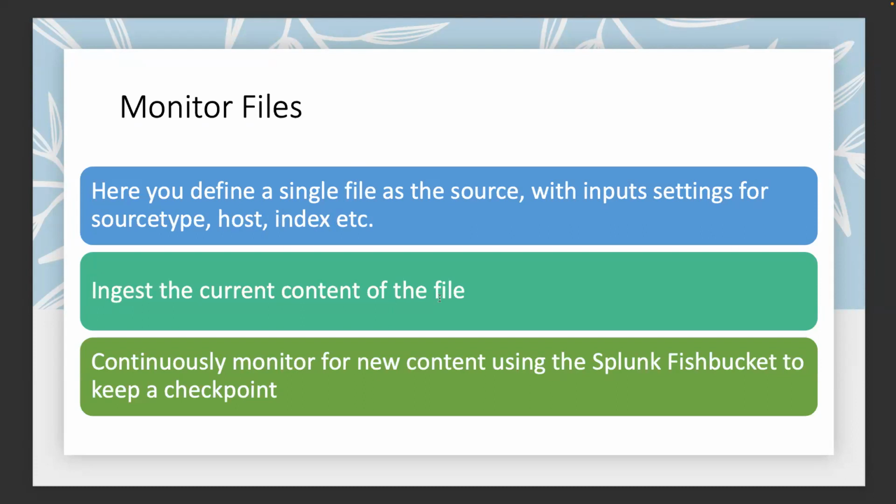But basically, monitor input is a way we ingest the current content of the file. So we see here right now, we're talking about files. And monitor, we can do it on both a file and a directory. We know now the difference is here between a file and directory. A directory is just a folder that has other files or other folders inside of it. A file is directly going to that single file. It can be a TXT file or whatever,